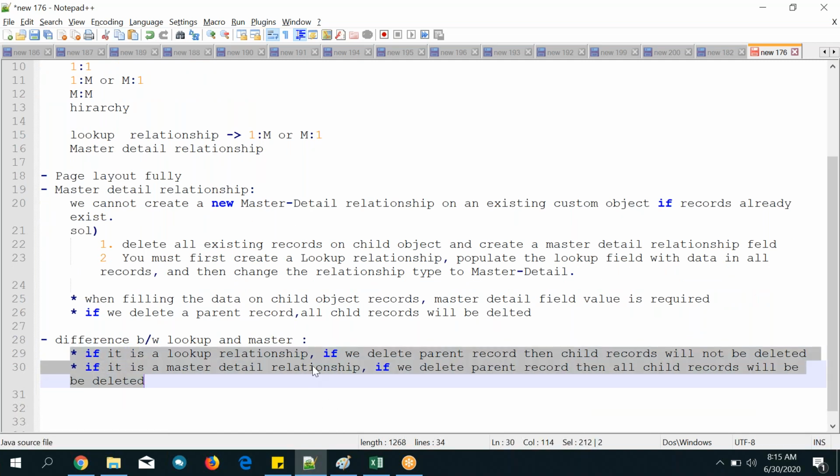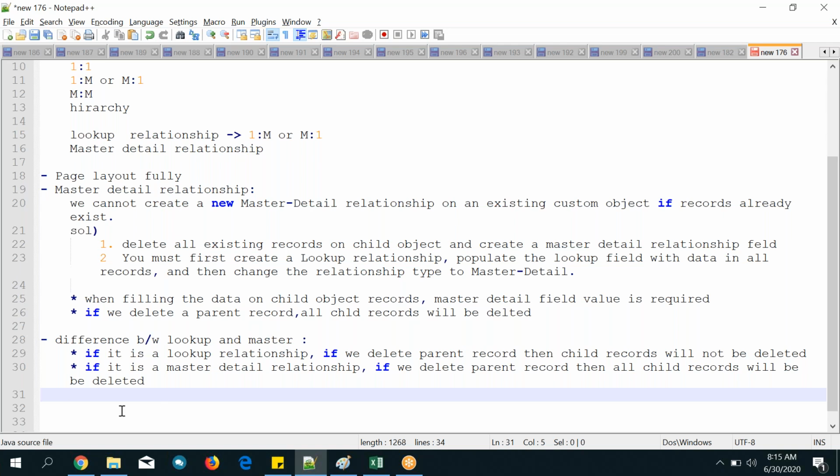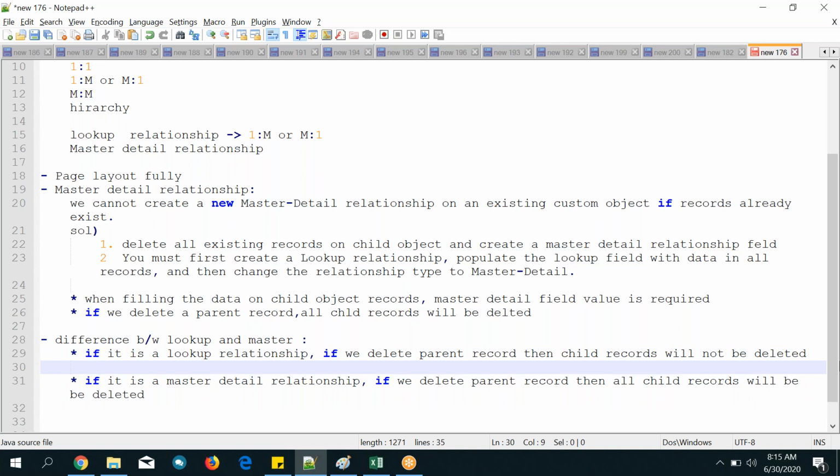So if it is a lookup relationship and you delete a parent record, child records will not be deleted. If it is a master detail relationship and you delete a master record, child records will be deleted. For example, the lookup is technology to batch detail.